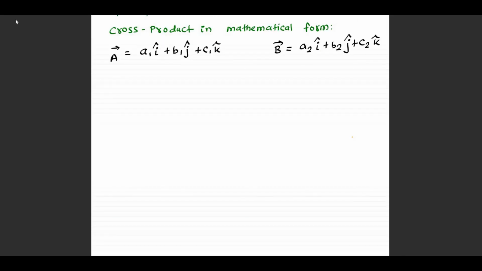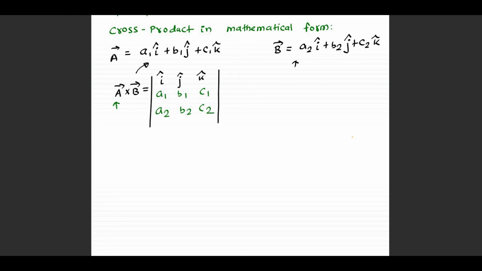We'll now see how we'll find out cross product if vectors are given in mathematical form. So suppose A vector is given and B vector is given. We are trying to calculate A cross B. So when we are trying to calculate A cross B, we'll make it like this, I, J, K. I'll first put the components of that vector which is written first. So here that is A vector. So I put the components. Then I put the component of the second vector which is B vector in this case. So this then will be